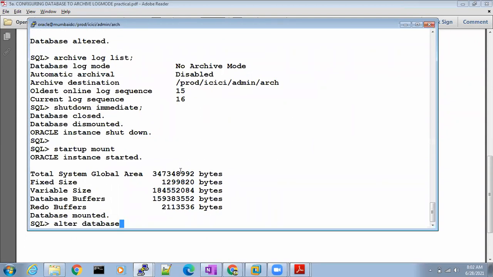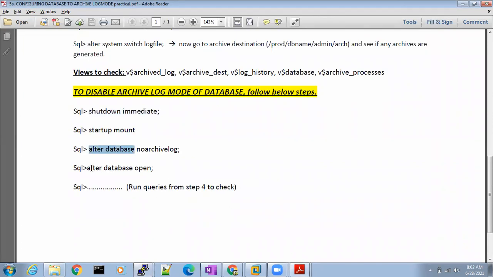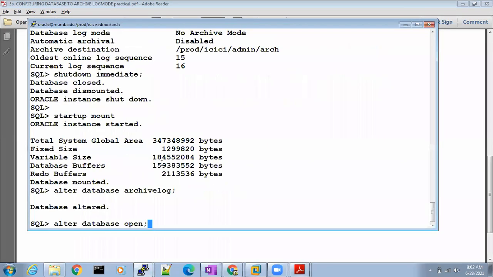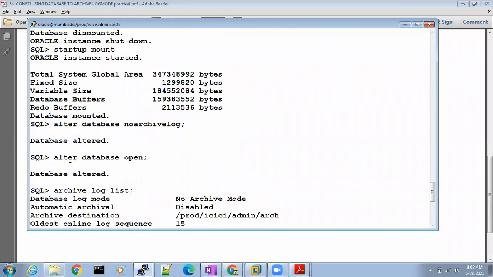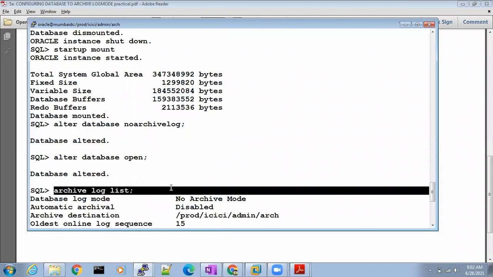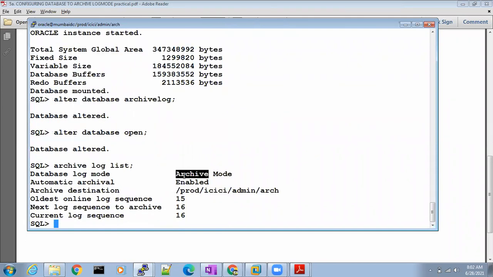Instead of no archive log, alter database archive log. Alter database open. That's it. If you check now, it will be archive log mode. It is back to archive log. So this is how we enable and disable the archive log mode.